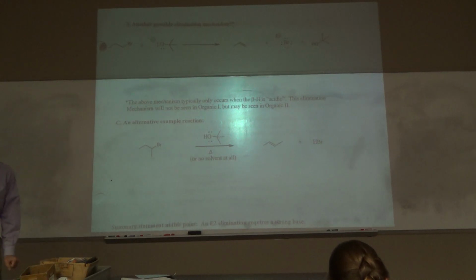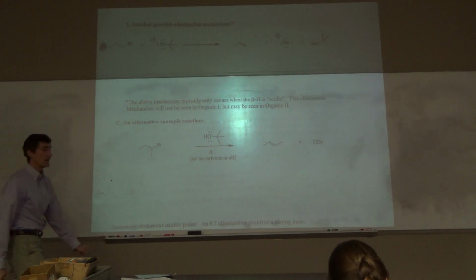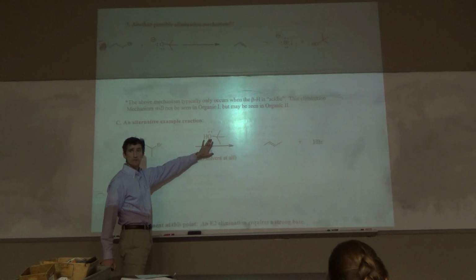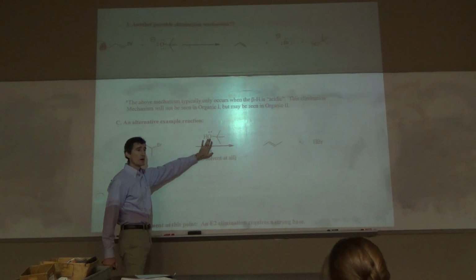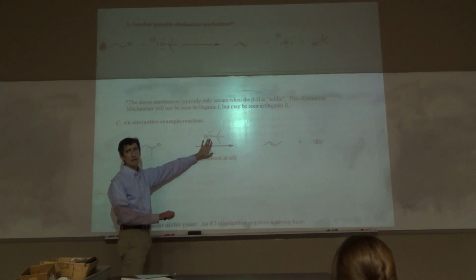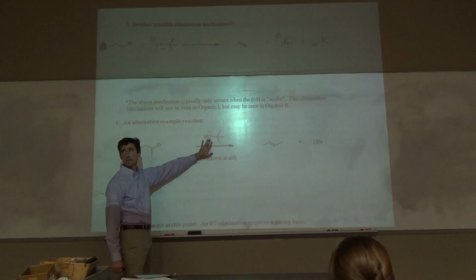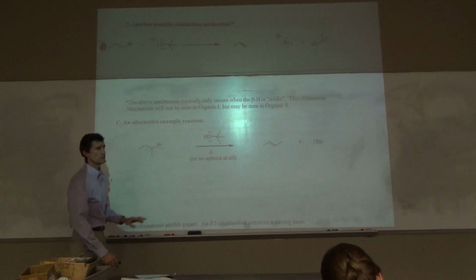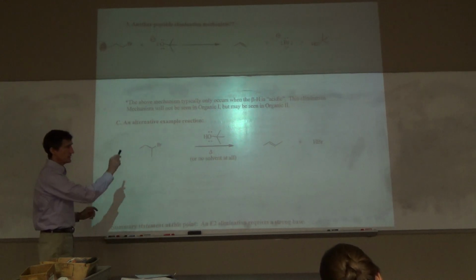Why E1? This is your base. This is the thing that can take the H. Strong or weak? Weak. On the sum it up page, weak is always going to be unimolecular. It's lazy. Not strong enough to do bimolecular. This is a classical E1